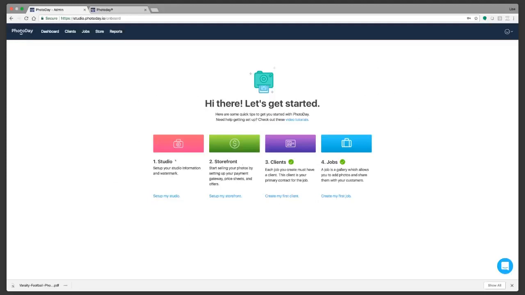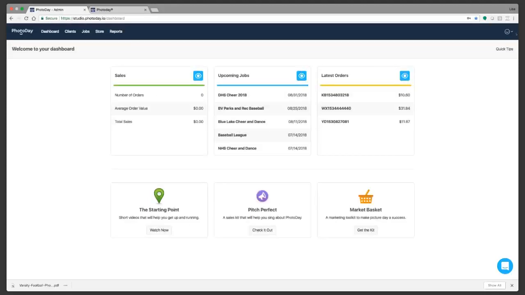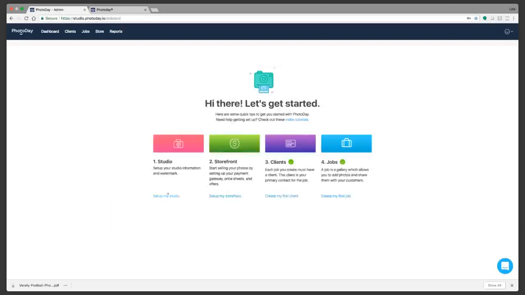So we have 4 steps. We have set up your studio, set up your storefront, your client, and the jobs. And these are the 4 simple steps. And at any time, you can click back to your dashboard to get back to this main page and access the quick tips. So the first thing we're going to do is I'm going to show you guys how to